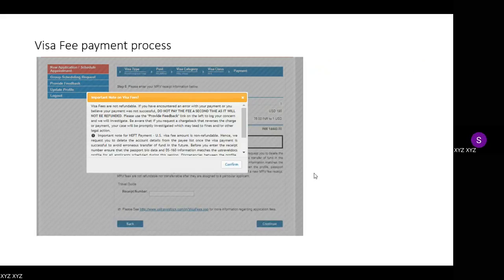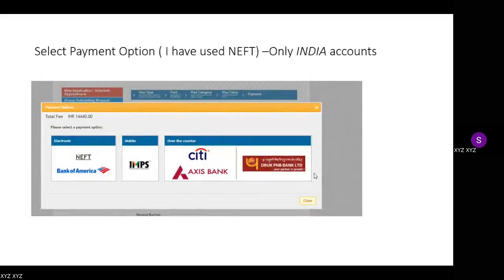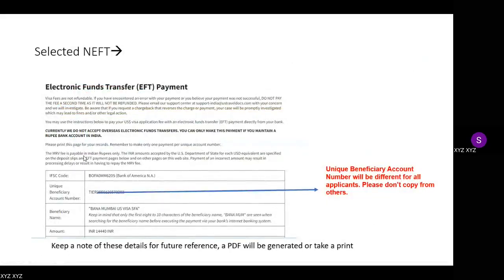So click on confirm, then go to this option. In my case, I selected NEFT, and I remember it took around 15 to 16 hours. They say it may take around 48 hours, but I got the receipt number after 15 or 16 hours only.